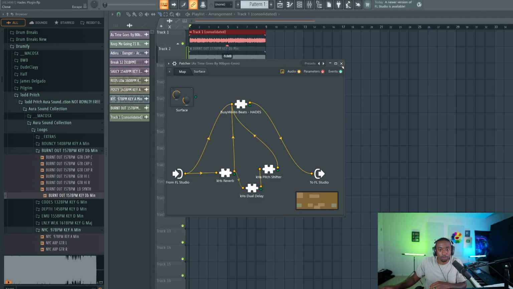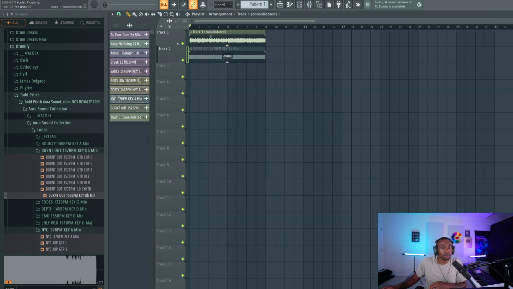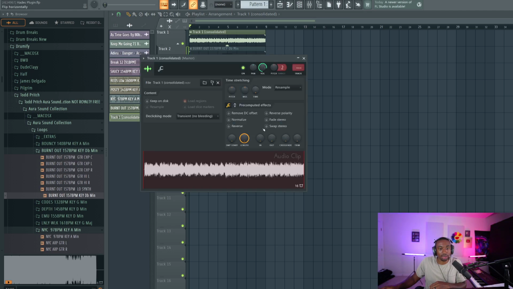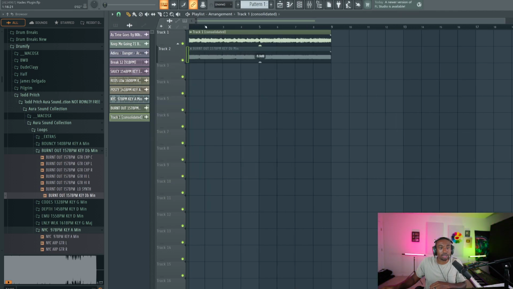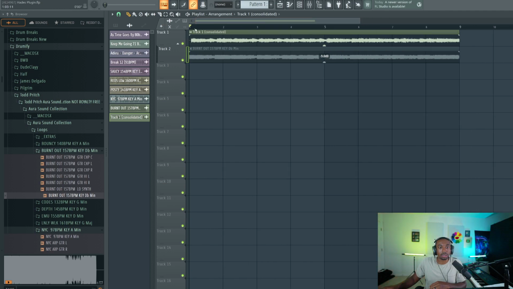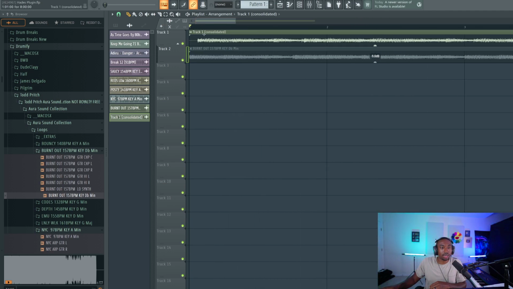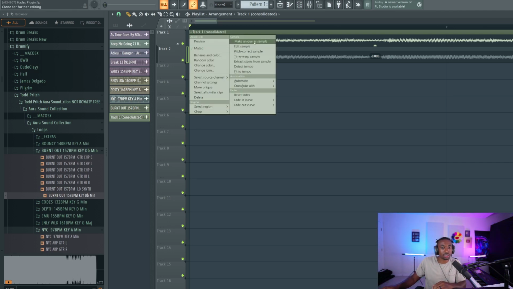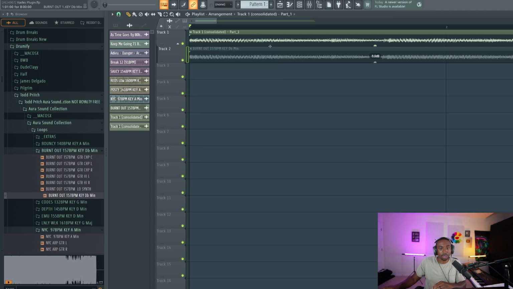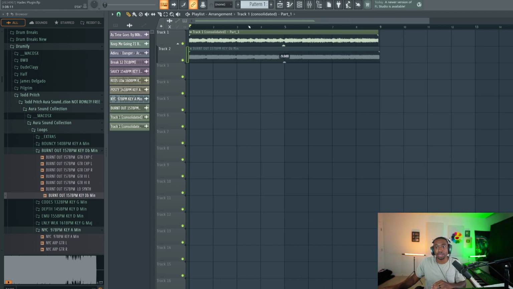Now from here, what we're going to do is open it up in Fruity Slice. The reason why we're doing this is because now we have our own custom chops. So the thing is, with this, it added a subtle delay. So let's add this slip tool, hit Alt, left click, drag this to the left like this, and then we're going to make this unique as a sample. Go to the top left, go to make unique as a sample. That way it doesn't have that time gap in the beginning.